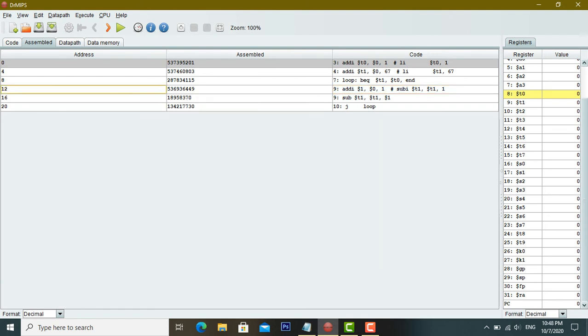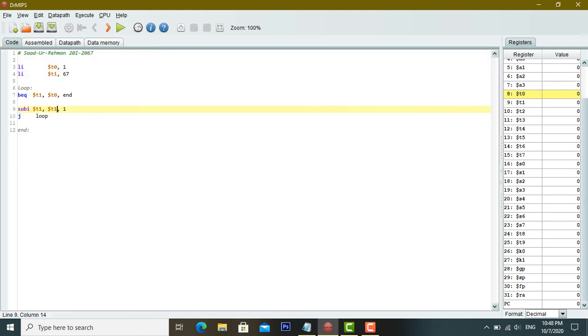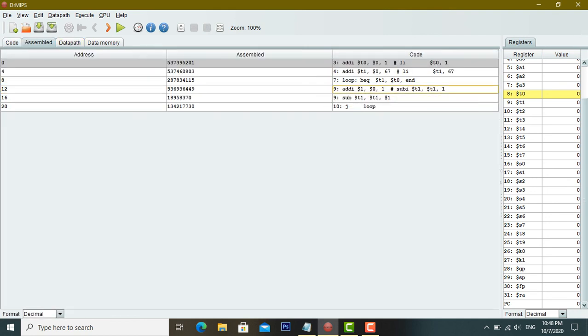So the basic difference in both programs is this: two instructions are generated for the one command that is on line number 9.